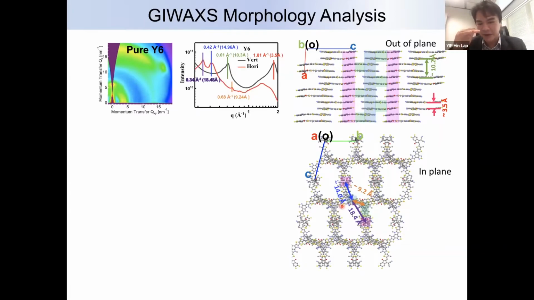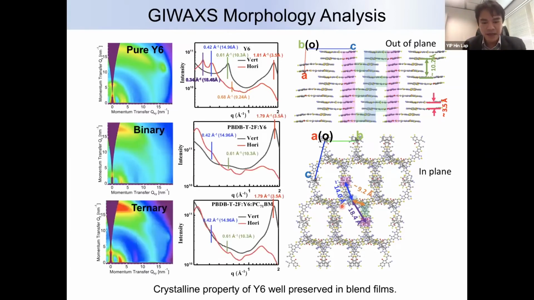And then they have the face-on orientation, the face-on packing parallel to the surface, which is good because now the charge transport is vertical to the surface, which is very important for taking out the holes and electrons into the corresponding electrode. And this packing is also preserved when we mix this Y6 acceptor molecule with the polymer donor. Okay, so now we can conclude that the very interesting charge transporting properties should be preserved in